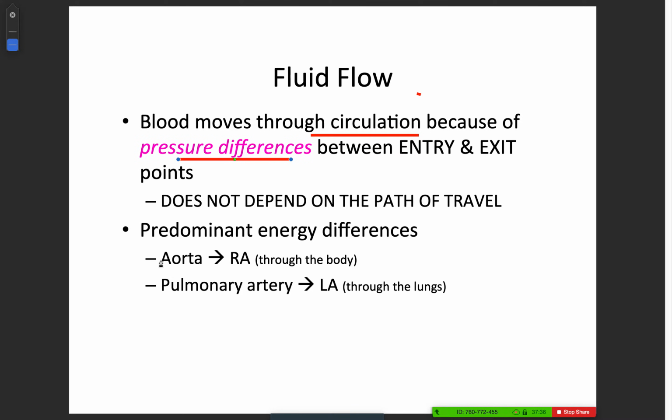And so the biggest energy differences, and this is something that they ask about to try and trick you. So where is the pressure highest and where is the pressure lowest? On the systemic side, the pressure is going to be highest in the aorta and lowest in the right atrium, okay? Think about it. It's going to be highest as blood is leaving the left side of the heart. That blood is going to go through the arteries, through the arterioles, through the capillaries, through the venules, through the veins, through the inferior vena cava, and eventually get back to the right atrium, and that is going to be